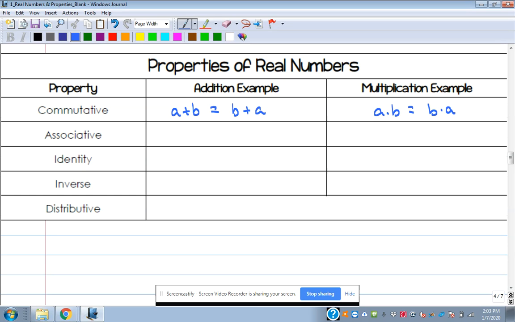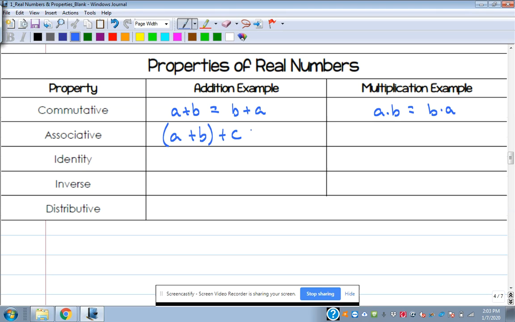That's what the commutative property of addition and multiplication do. The associative property, and these two up at the top, the commutative and associative, are for some reason easily confused, but they're very different. The associative property has parentheses in it. The commutative property does not have to have parentheses in it to exist. The associative property does. The associative property of addition says that if we take two things and add them together